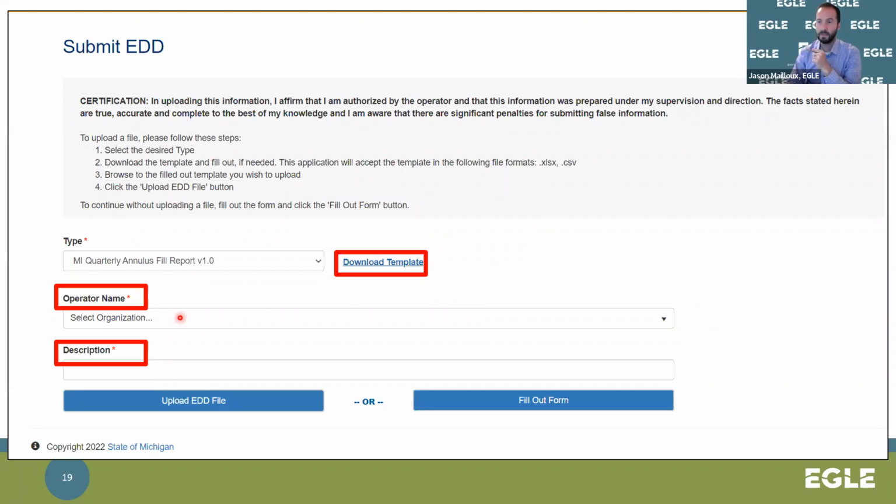Again, you'll need to select your organization, and you start typing and there'll pop up a list and you can select your operator from there. And description. Description is for you. That's for the operator. It's got a star next to it. It's a mandatory field,